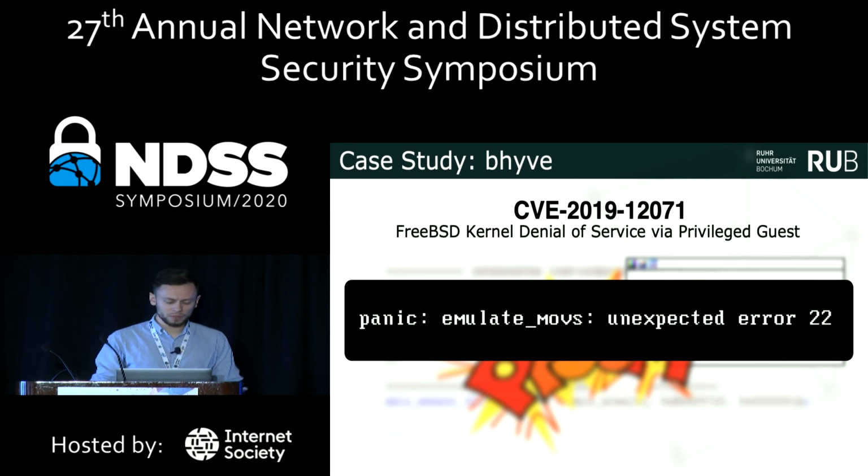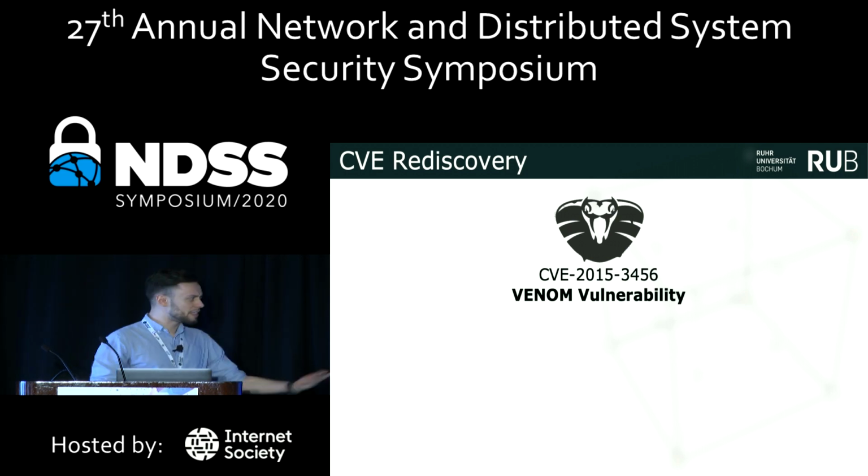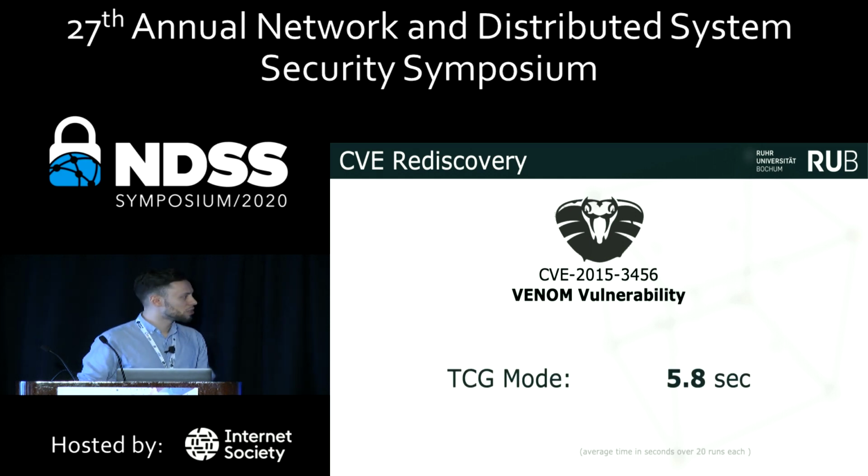And we also performed some experiments on the rediscovery ability of well-known bugs, such as the VENOM vulnerability. Five years ago, this vulnerability was discovered in QEMU and Xen and KVM, since all of them are built upon QEMU, and it's basically a memory corruption inside the floppy disk driver. So, using our operating system, running in TCG mode, in emulation mode, it takes 6 seconds